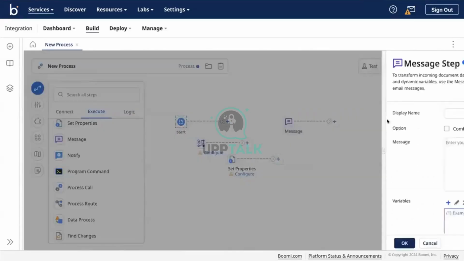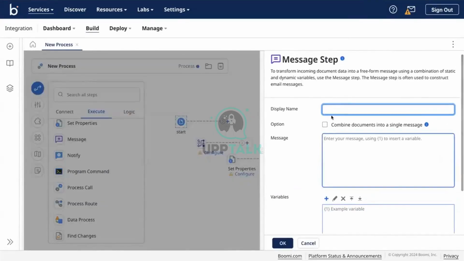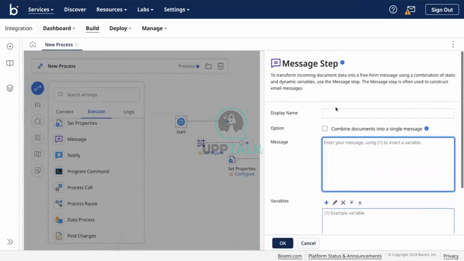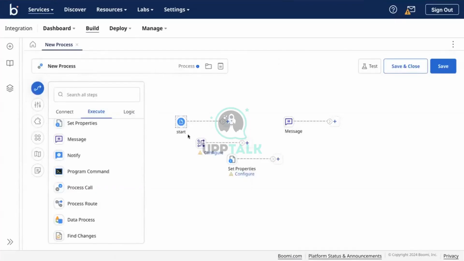Then you have your message shape. Message shape is basically your free form text box, allowing you to enter any data in here which you can reuse in your process. Suppose if I remove these,